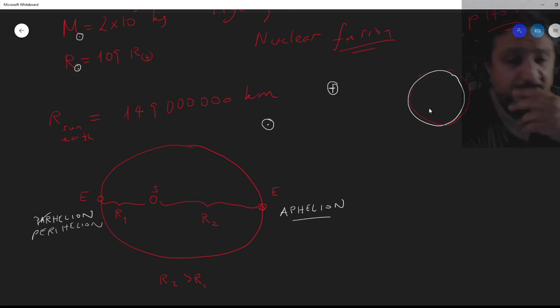How do we do that? Let me talk about that for a second now. So there are a couple of things to consider here. When Earth goes around the sun, it also goes around itself, or rotates around itself, just like the moon. So let me draw this again. Now I'm looking at the orbit from an angle. So here's the sun, here's the Earth. Earth goes around the sun. Earth also rotates around its axis.